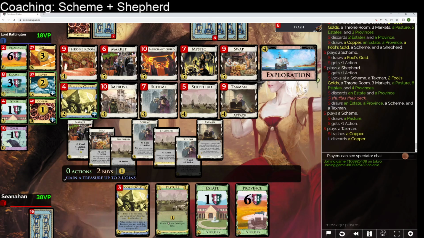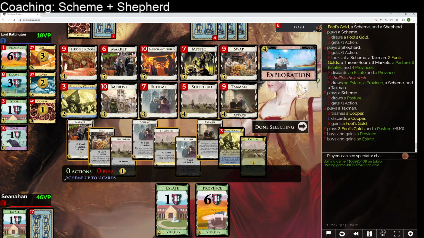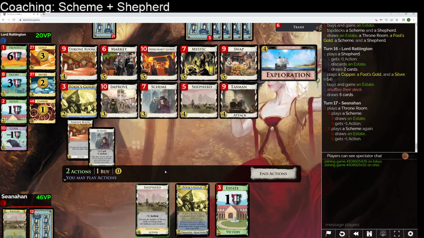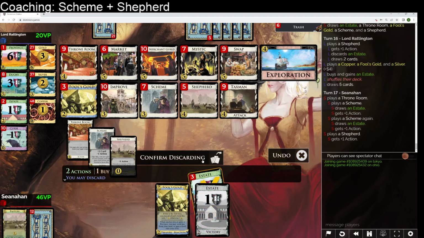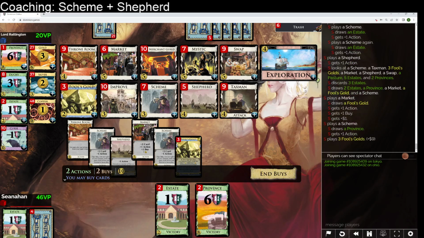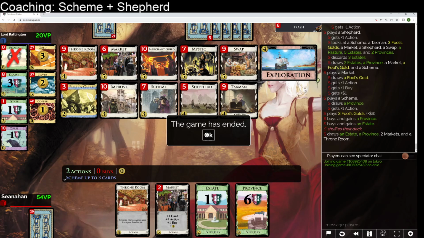Setup, and we'll go ahead and take another fool's gold. Just moving into the end game and grab another estate, and we can kind of afford to take a lot of green cards because we're able to top deck stuff with shepherd and scheme pretty reliably. I'll throw in the scheme here. There's some logic to throning a shepherd at various points, but again, we're just taking province, estate, and we hit 54 points in